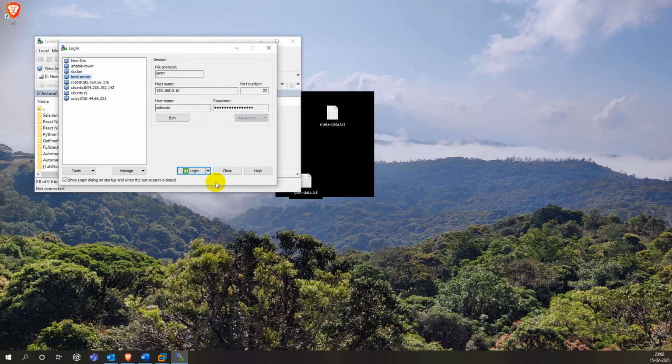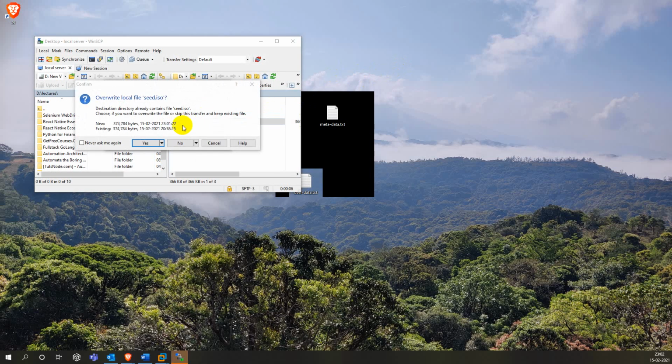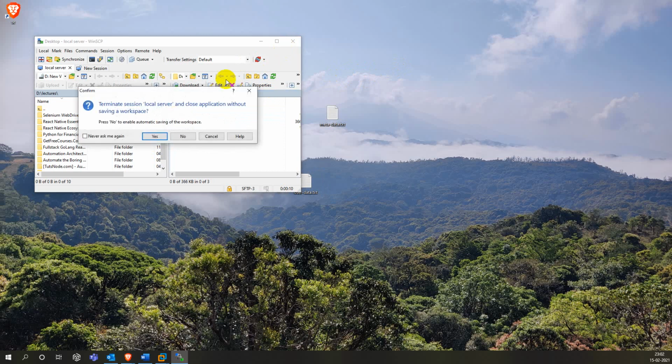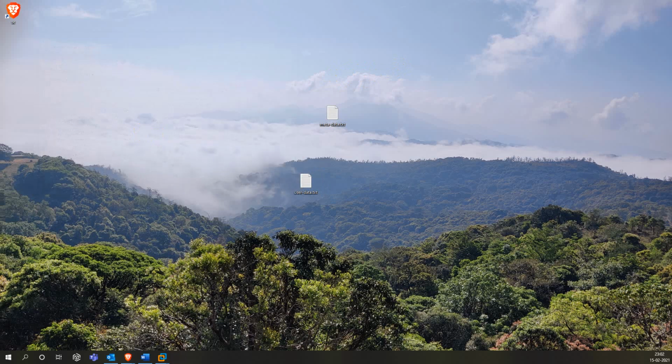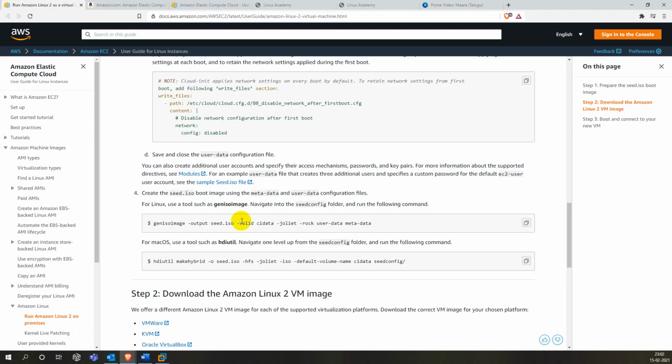So this is a local server, and just clicking it. Yeah, so this seed.iso, it got connected. I'm dragging and dropping here. Previous file is there, I'm just closing it. This is the file. Now the boot file is ready with the configurations.